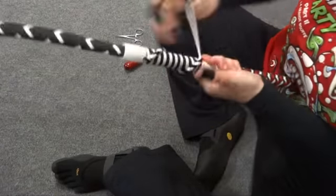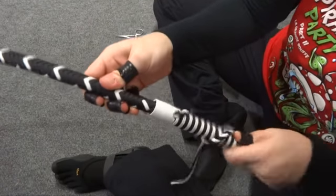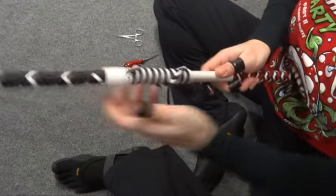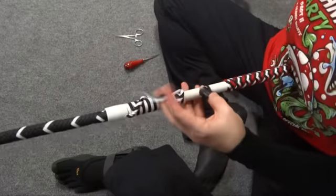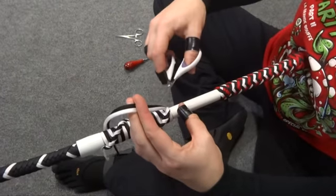Double check that your thong is still securely down inside the cup. Like I said before, it should be able to swivel, but when you try to gently pull on the thong, it shouldn't pull out of the cup more than 1 millimeter or 2 at the most. When you have tied your French grapevine as far down your handle as you want it, give your last hitch an extra pull tight. Use your scissors and cut the paracord about 1/8 of an inch or 3 millimeters after